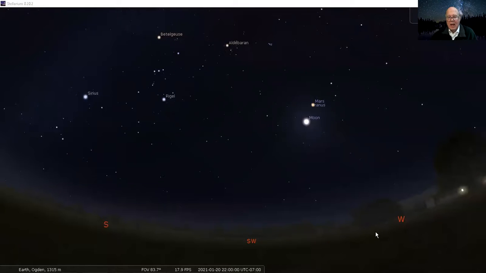I'm just going to go to Stellarium. So here's Stellarium. And right now, you're looking sort of southwest. So south is over here, and there's southwest. So looking southwest around 10 o'clock on the 20th, this is what you'll see in the sky. There's the moon, and you'll see it's half lit, half in darkness. And also, if you go to the right and above that, you'll see a bright red object, and that's Mars. So if you've never seen Mars in the sky, this is a good opportunity to see Mars.